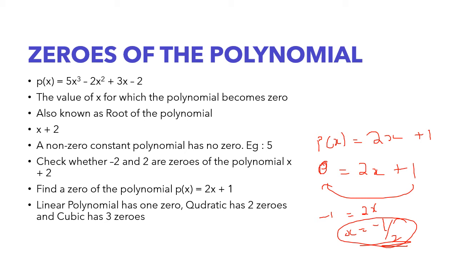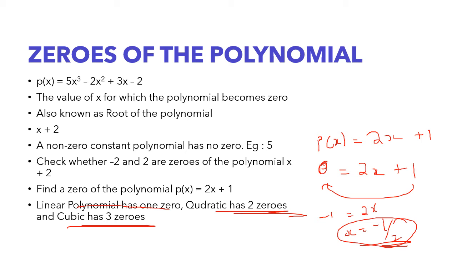So as I've told before, in this video we would be discussing only linear polynomials. However, in your question papers, they will be asking only quadratic and cubic polynomials, which we would be discussing in the further videos. First, understand how the linear polynomial works and then move towards the quadratic and cubic polynomials. So a linear polynomial will be having only one zero, all right? And quadratic will be having two zeros and cubic will be having three zeros, which we would be discussing in the further videos. First, try to understand this one. Let's complete this video and then we will be moving towards the other part of it.